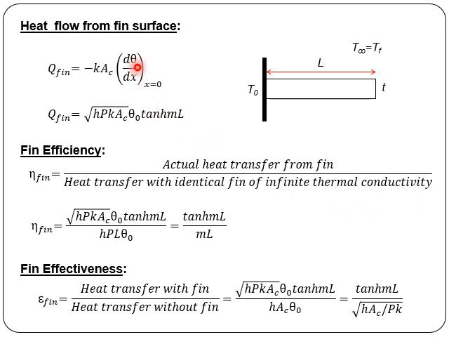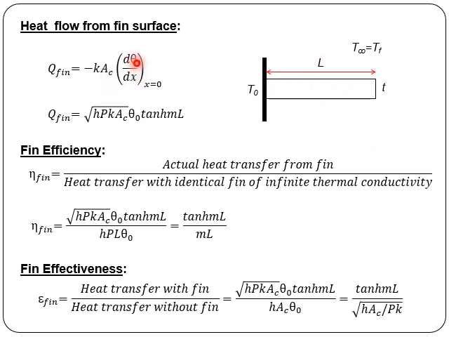Then you can also obtain the heat which is dissipated from the surface of the fin. So it can be easily understood by applying a simple energy balance. Whatever heat is being conducted from the base area is equal to the heat which is convected from the surface. So we use Q of fin equal to -kA dT/dx at x equal to 0. So this is the heat which is conducted from this base surface and convected to the surrounding.